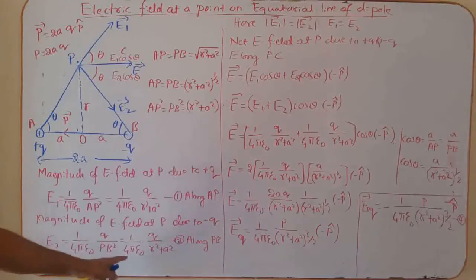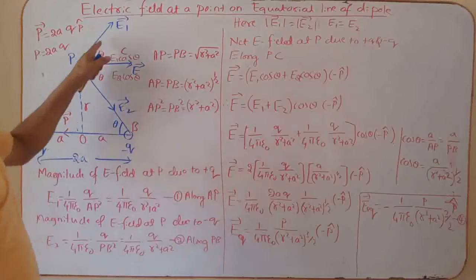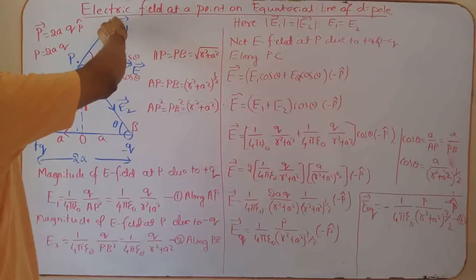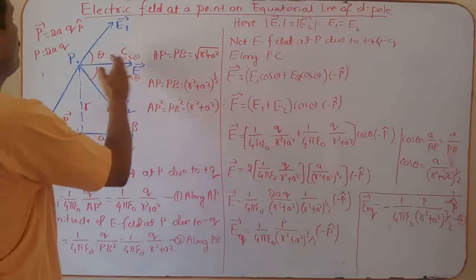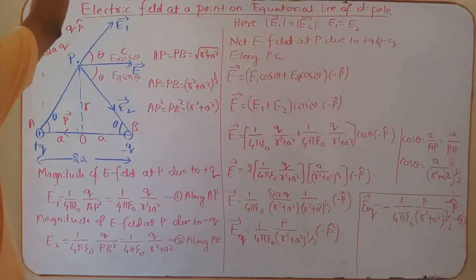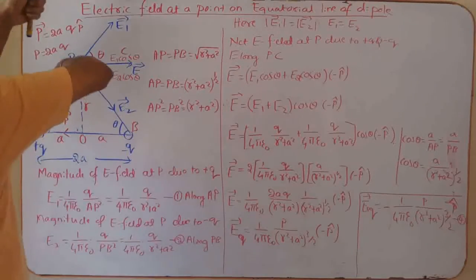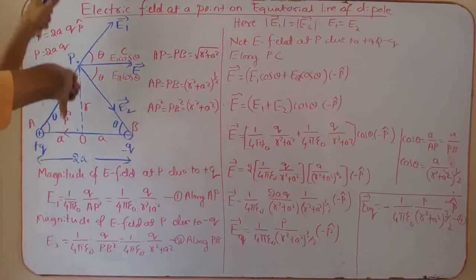Now observe these two, they are equal in magnitude. Now these two are resolved into two components. The sine component is always along the other direction, and the cos component is E1 cos theta along this direction. But here it is E1 sin theta, and here E2 cos theta and E2 sin theta. These two are equal and opposite, so they cancel each other.